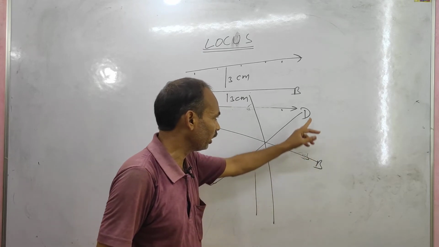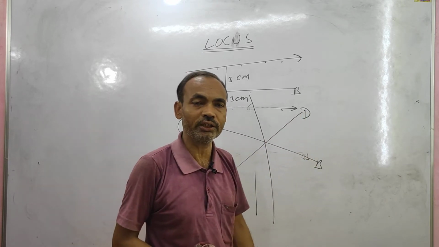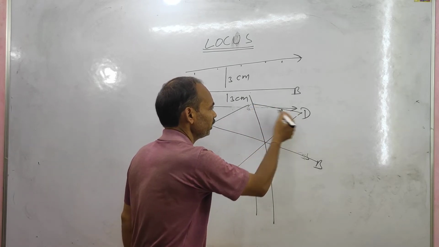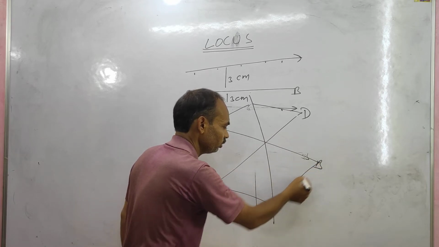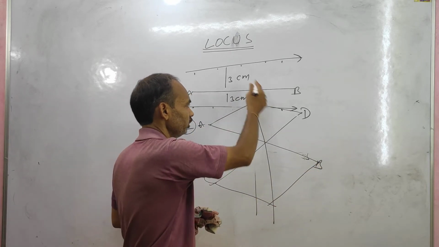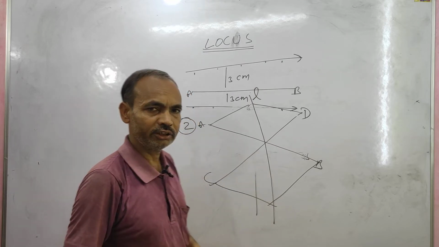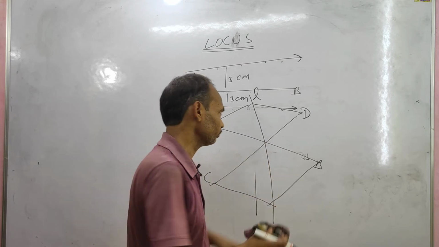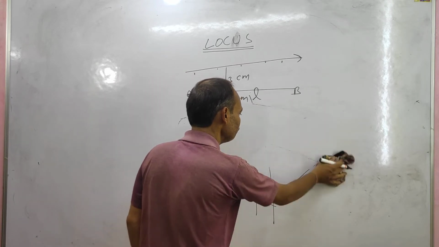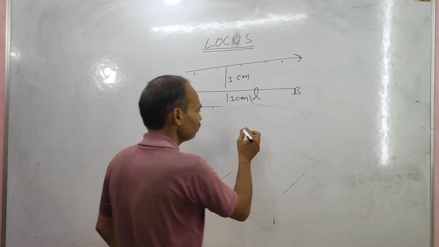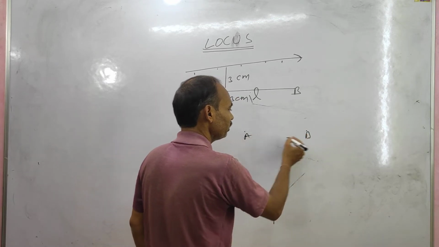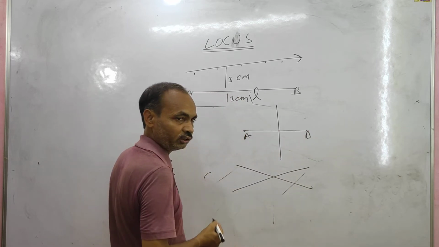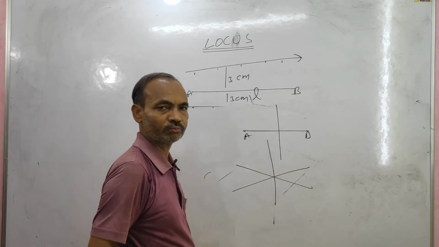equal distance from A and B and D and C intersecting lines. It is just between the A and D. You can measure it, prove it, and C and B. This line L is the angle bisector, and it is the locus of the point of two intersecting lines. We have read the two theorems. First theorem: for two points A and B, the locus will be the perpendicular bisector, and the second: for two intersecting lines, the locus will be the angle bisector.